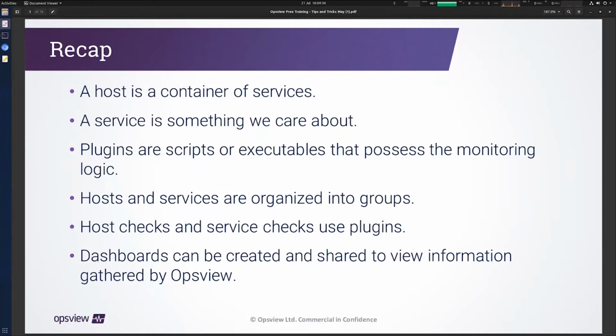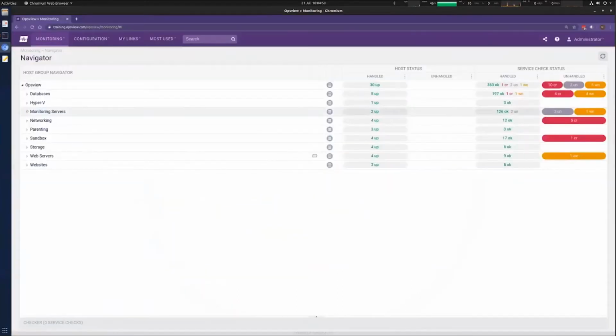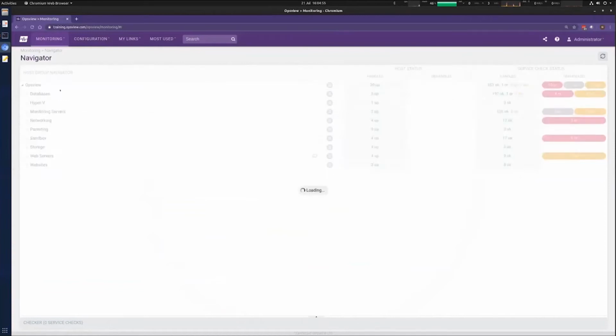We organize our hosts and services into groups. And both host checks and service checks use plugins. And then we can use dashboards and other tools to pull this information out of Opsview and view it in a potentially useful way. So if I click my navigator page, we can see we've got our hosts here on the left,